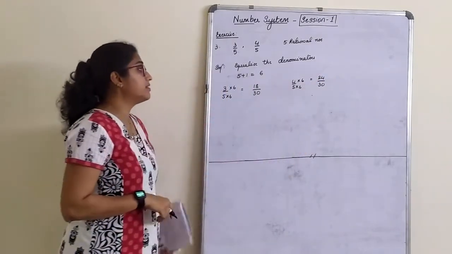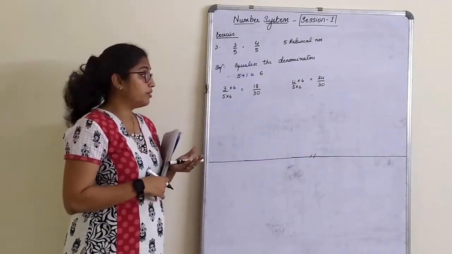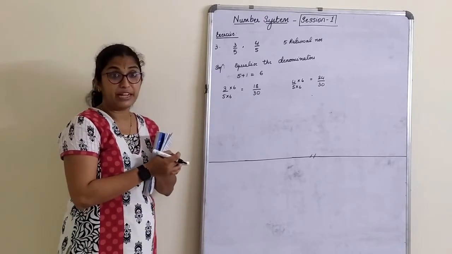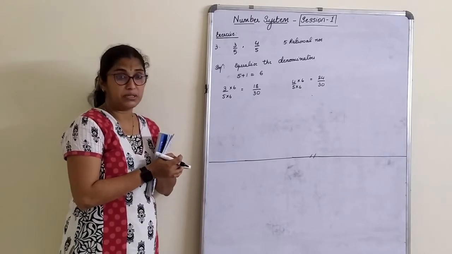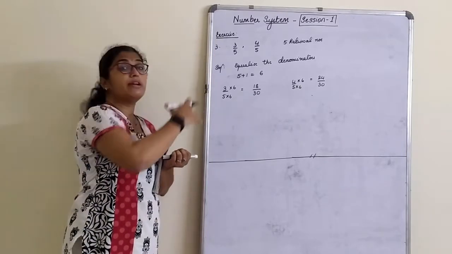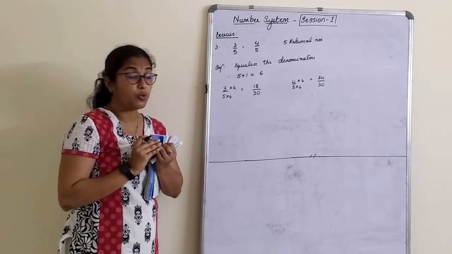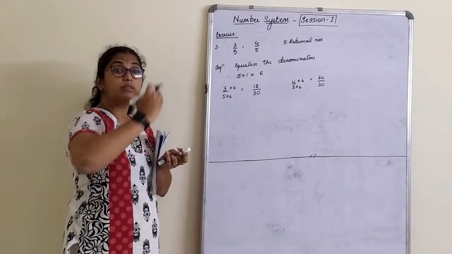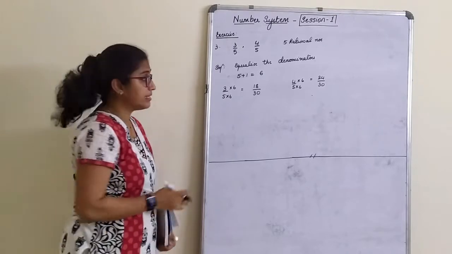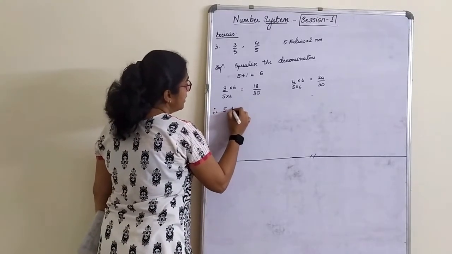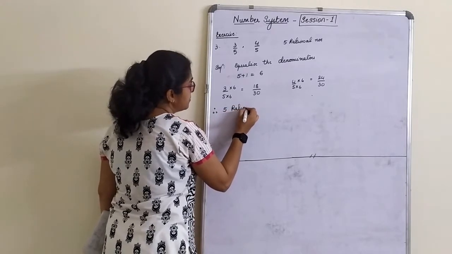Now see here, between 18 and 24, 19, 20, 21, 22, 23, I can find 5? Yes, I can find 5 numbers. In case, sometimes when you use this trick and you are not able to find 5, you are able to find 4. At that time what we do is, we use higher number for equalizing. So it is possible, therefore, 5 rational numbers